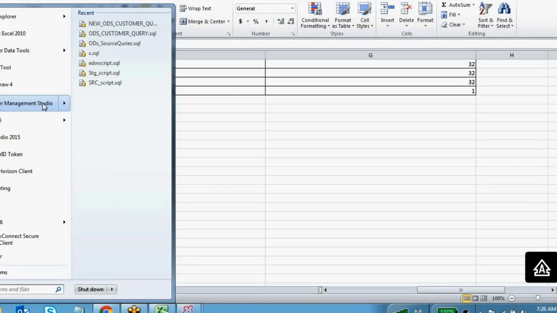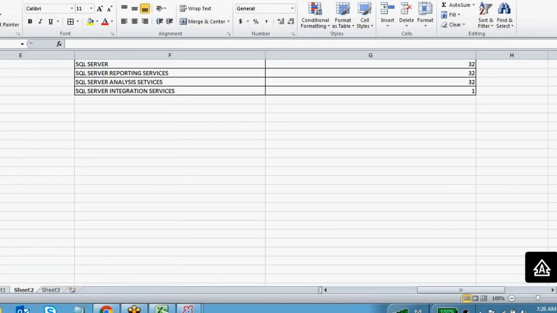Right now we are going to use Microsoft SQL Server Management Studio. Just click on SQL Server Management Studio. When we install the software, we give the instance name at installation time, and there are authentication types.